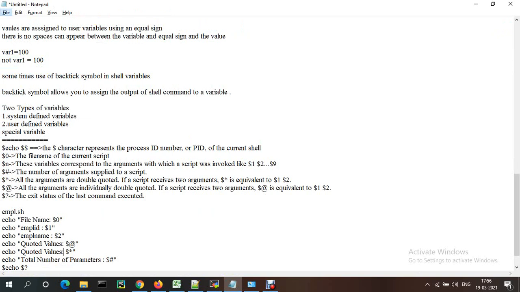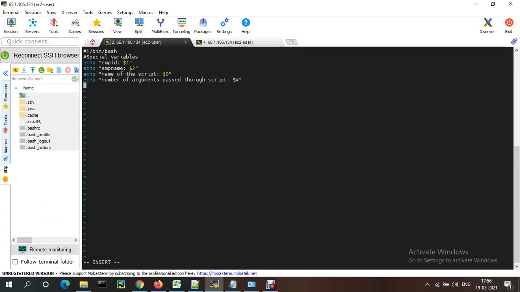Okay, we already used $0 and $1, and if you want to use the quoted values, all values passed to the script, you can use $* also.